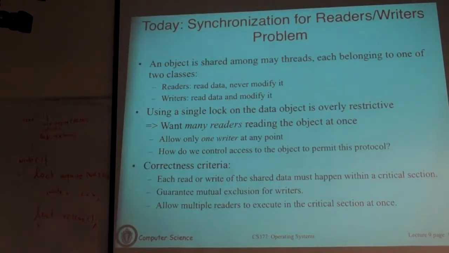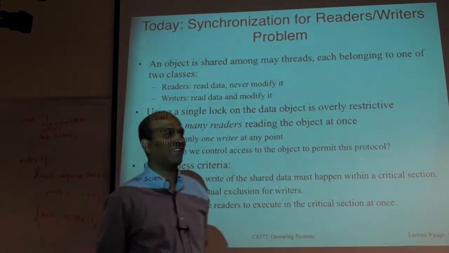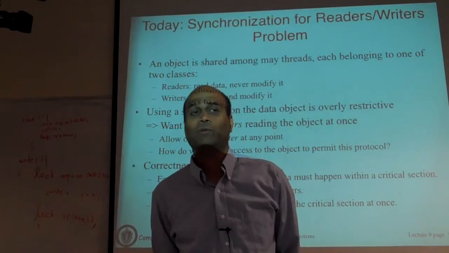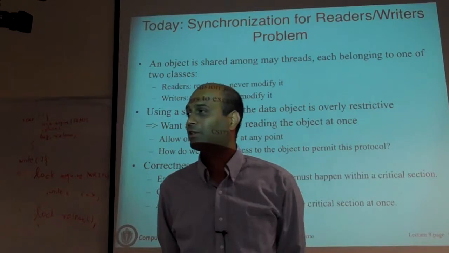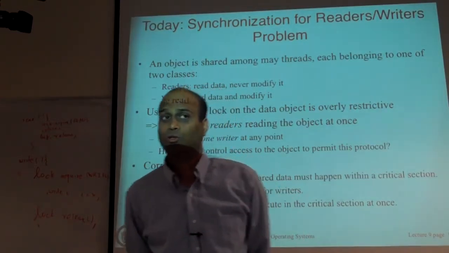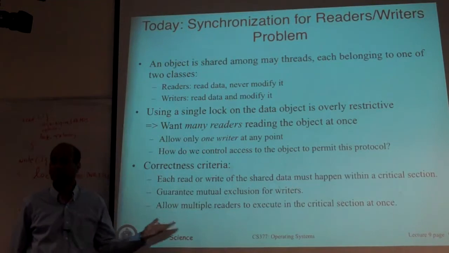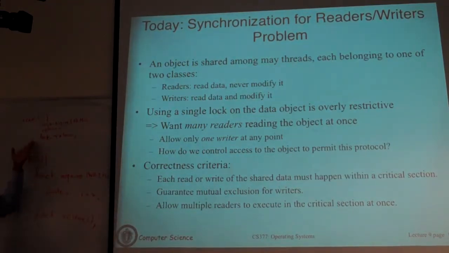But assume a world where read-write locks did not exist. How do you implement a read-write lock? That's what you want to ask. You only have semaphores, locks, condition variables, and monitors. That's all the tools you have at your disposal. So how can you solve this problem? What we will see is how you implement read-write locks as an artifact of solving this problem. Once you have a read-write lock, this problem is easy, because the lock by definition allows multiple readers, but only one writer.